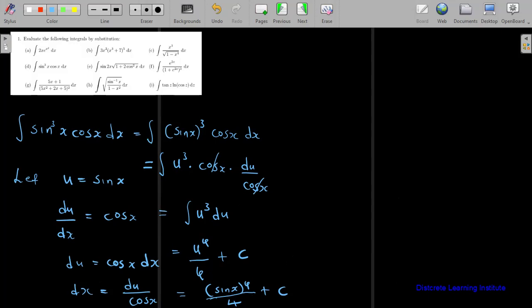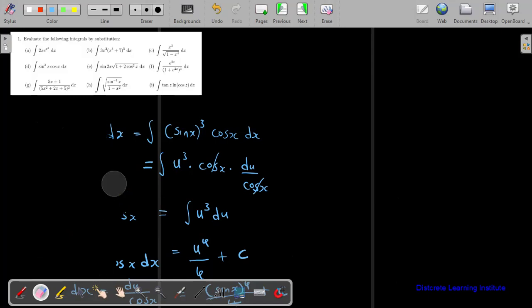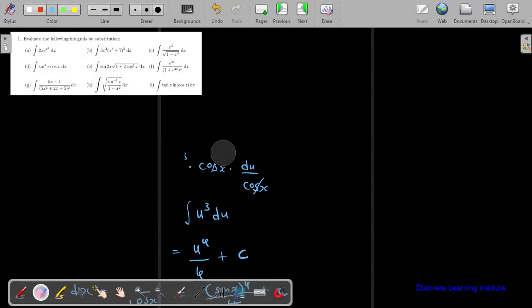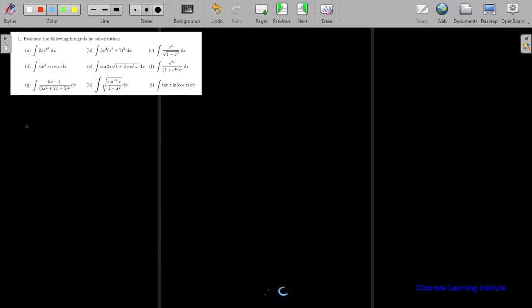Yeah, so let's now try to evaluate part E. Part E, let me just rub. So to evaluate part E, we use the same idea there. You let U to be mostly, here, whatever is inside the brackets, it's easier to do that. And then you evaluate using the same methods. You find du dx, make dx a subject, and then you replace back. Okay. So part E